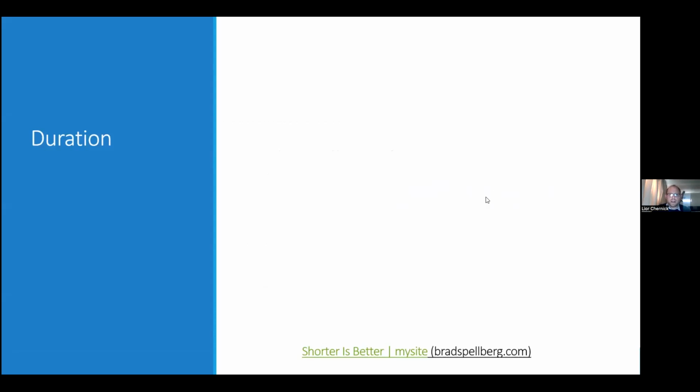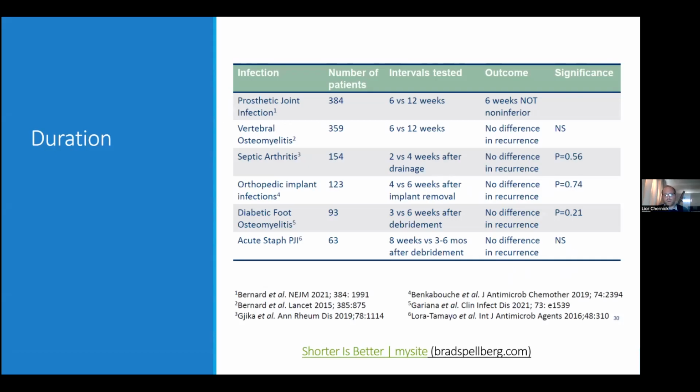So again, 6 to 12 weeks, depending on the site, 4 to 6 weeks, potentially 6 to 12 if it's a prosthetic joint and you're retaining hardware. That was sort of the dogmatic approach. But I refer everyone to a great website called Shorter is Better. Brad Spellberg, who did a lot of that review of the bony penetration of antibiotics, that nice review from earlier,